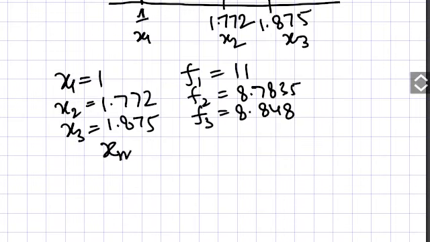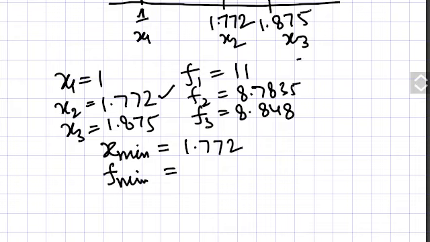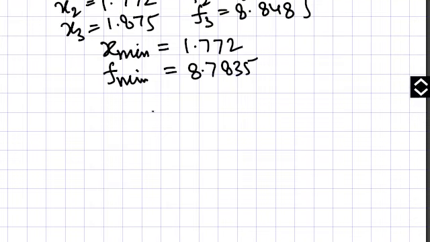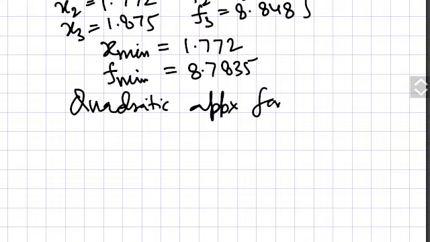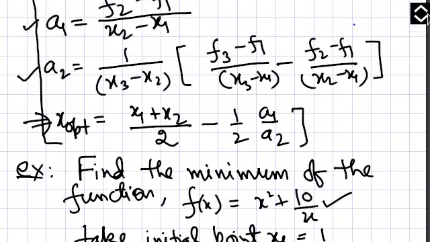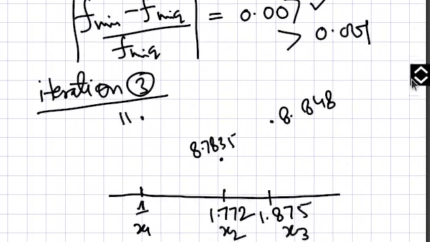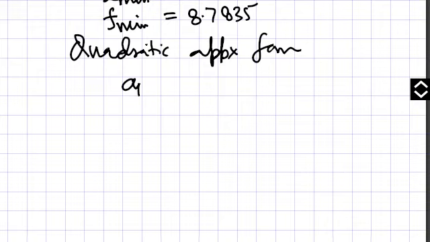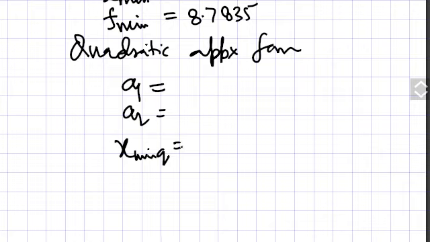Now based on these values we can decide our minimum. Now our minimum is very simple to find. This is our minimum because the function value is minimum out of these three values. So now we will apply the quadratic approximation formula, for example, this formula for a1, a2 and x optimum. So when you put all these values in this, 6 values are needed to decide this, and x I call it q to distinguish it.